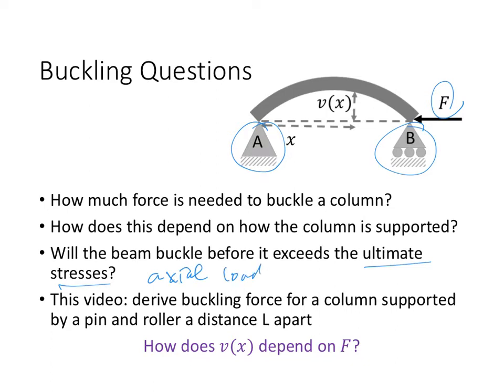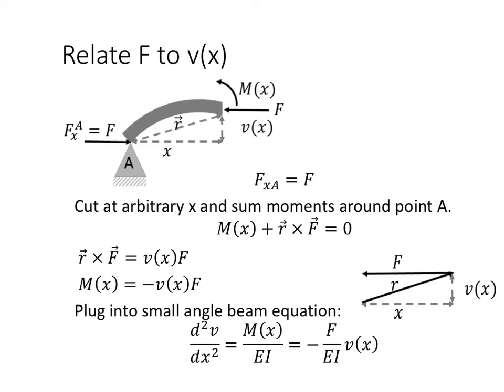And in this video, to start answering these questions, we'll derive the buckling force for a column that's supported as shown here by a pin and roller that are a distance L apart, at least prior to buckling. And so we'll ask the question of how does that deflection depend on F? So to do this, we need to relate v of x, the deflection, to the force F that is applied